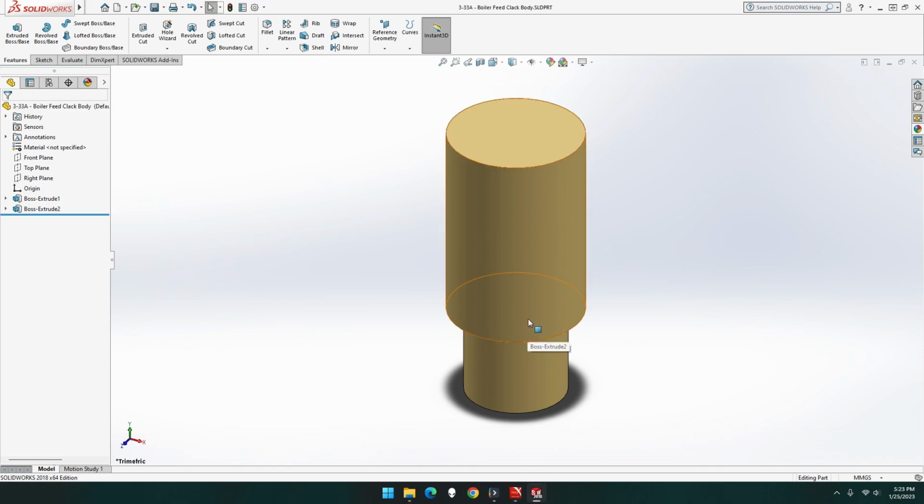Okay, so that's done. I'm not going to put any holes through this till we do the pieces through, in case we add a piece and for some reason the holes don't work too well. So see what happens. But right now we want